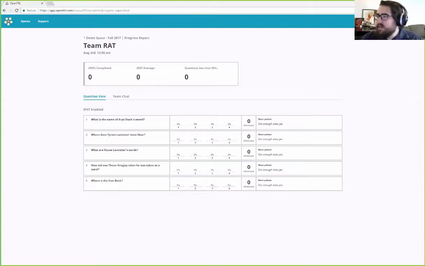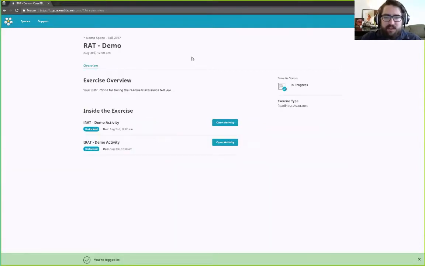So I'm going to go ahead and sign in as a student on the same team as Jose this time, and he will be our team leader, and he will mark some responses for us, and we'll see what that looks like. So I'm going to first start off by showing you the student view,